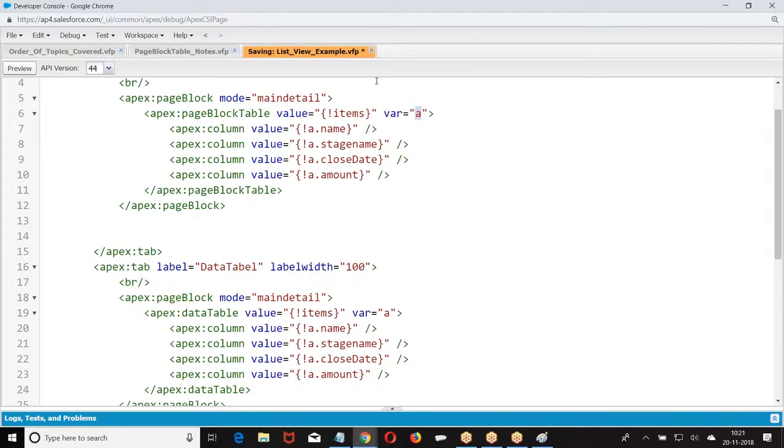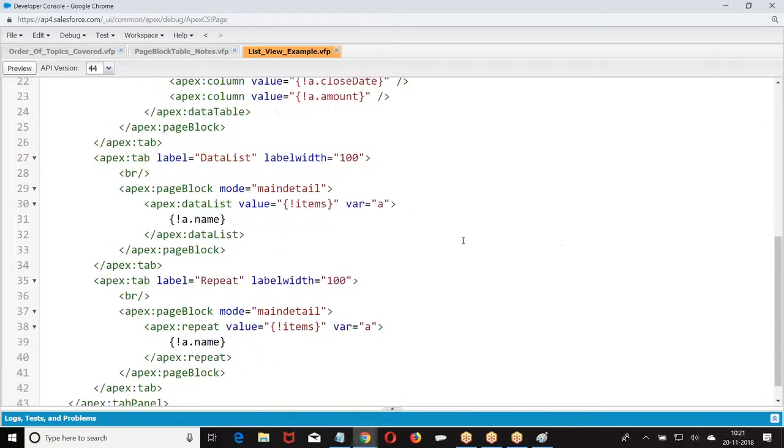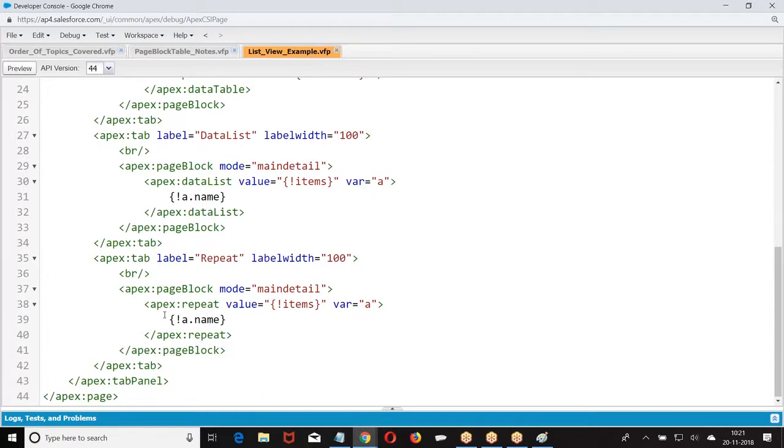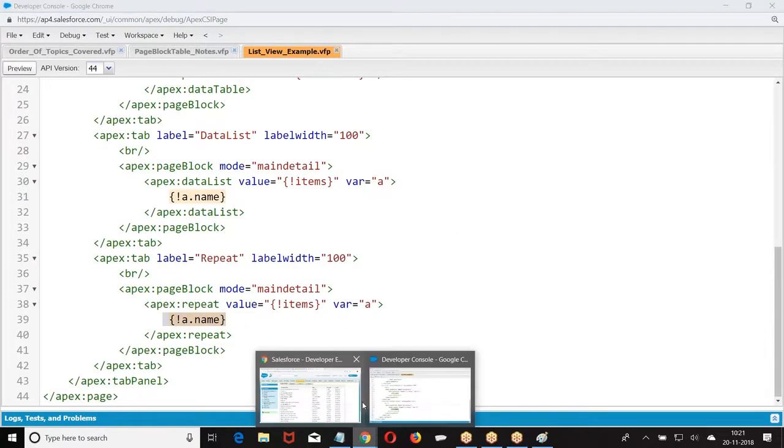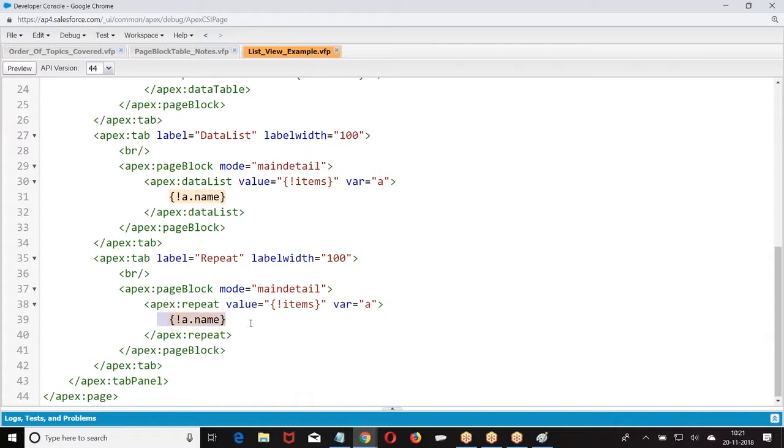Online somebody is asking a question. So in repeat, are we considering only one column, or how many columns are we considering? Just to convey that the data is sequential, I have taken one column. In the repeat, you can display a number of columns. But what we do, when you go to repeat, we will break them with our own CSS. As we have not done the CSS yet, I am just displaying a single column sequentially. But down the line, we will make a table with a repeat.